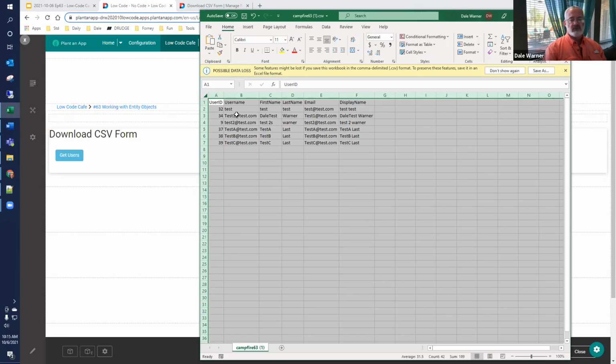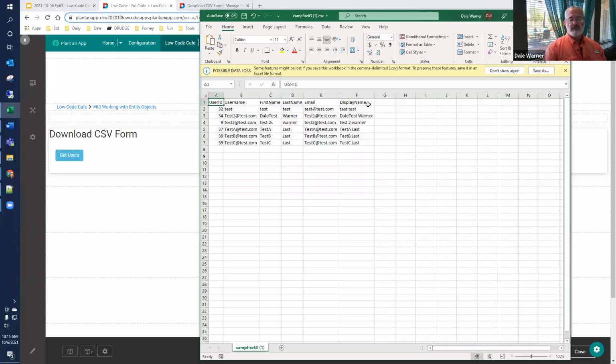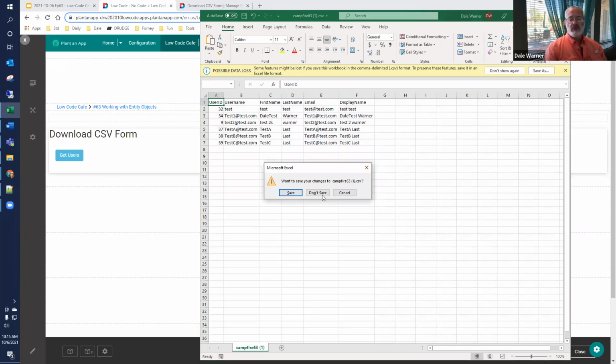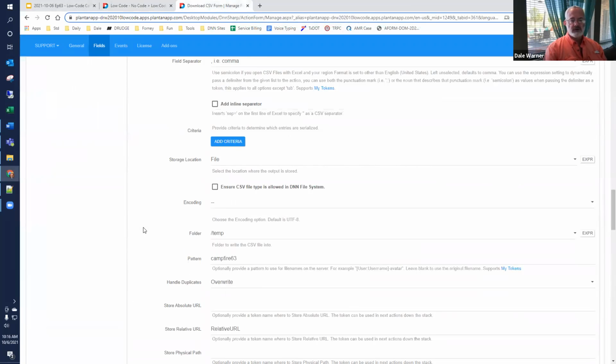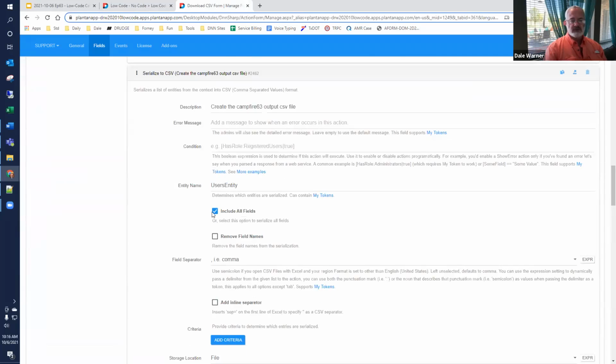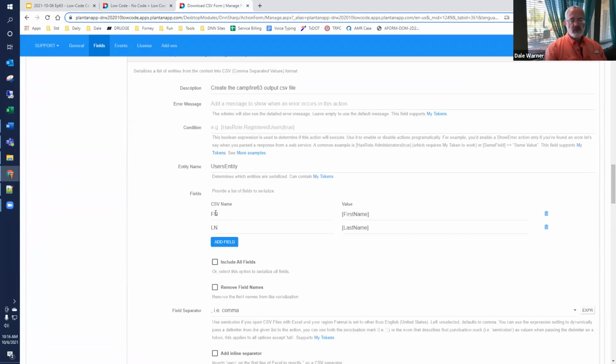They're the column names from the table. And so if we, for example, wanted to change what columns were output, we could, in our serialize, manipulate this. Instead of saying include all fields, we could just tell it which fields we wanted to include.